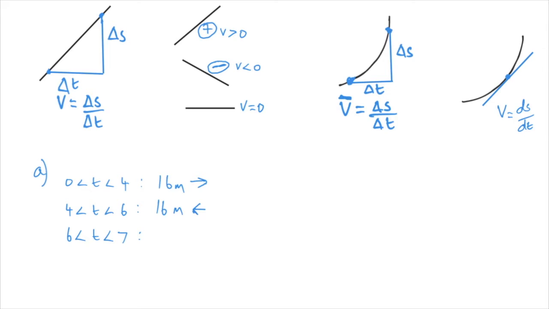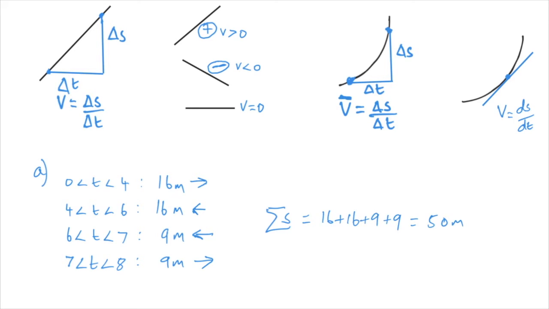Then, between 6 and 7 seconds, the athlete continues moving in the negative direction, covering an additional distance of 9 metres. And during the times between 7 and 8 seconds, the athlete finally returns to his starting position, moving forward a distance again of 9 metres. And so the total distance covered is given by 16 plus 16 plus 9 plus 9,